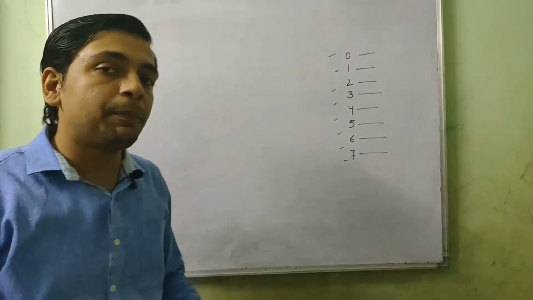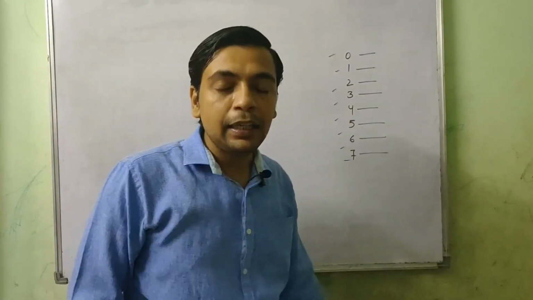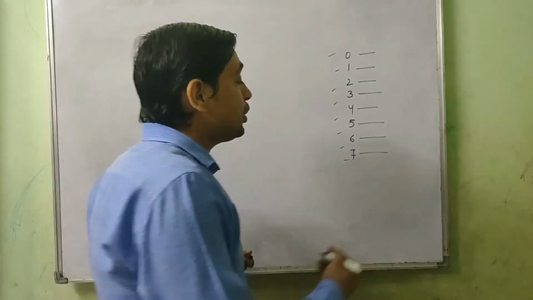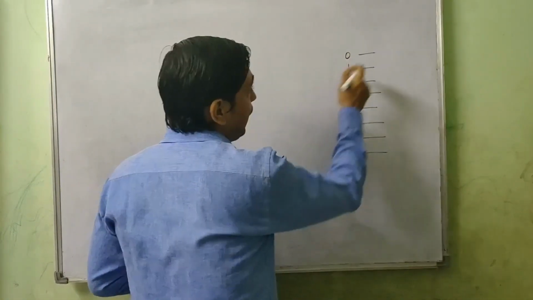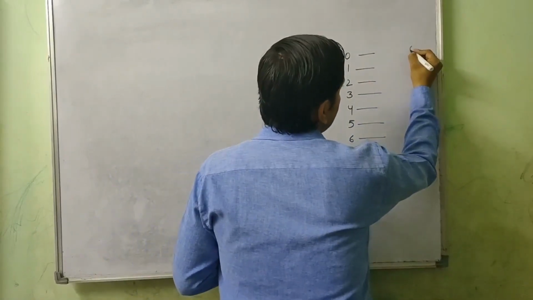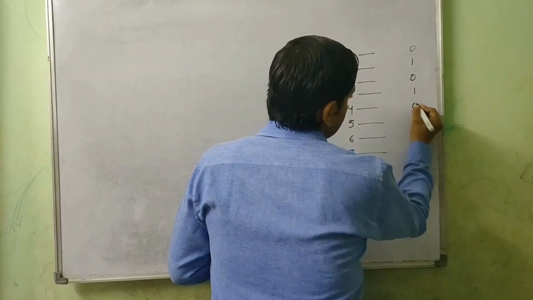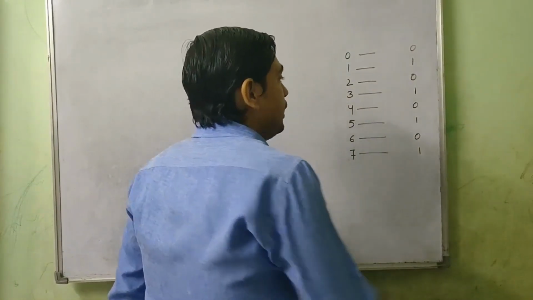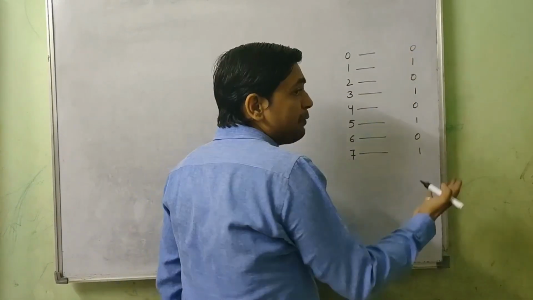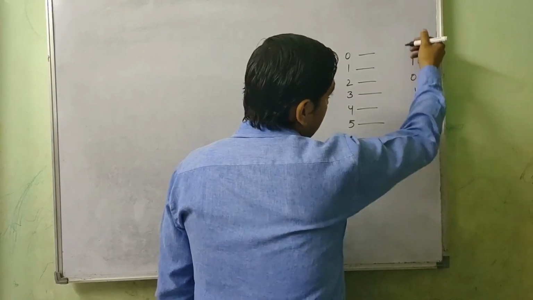So if we want to represent numbers up to 16 in binary, we will take a 4-digit number. Now the shortcut to write it: we start from the rightmost digit and write 0101 alternatively, with a gapping of 1. Then for the next digit, we double the gapping. Here the gapping was 1, now the gapping will be 2.